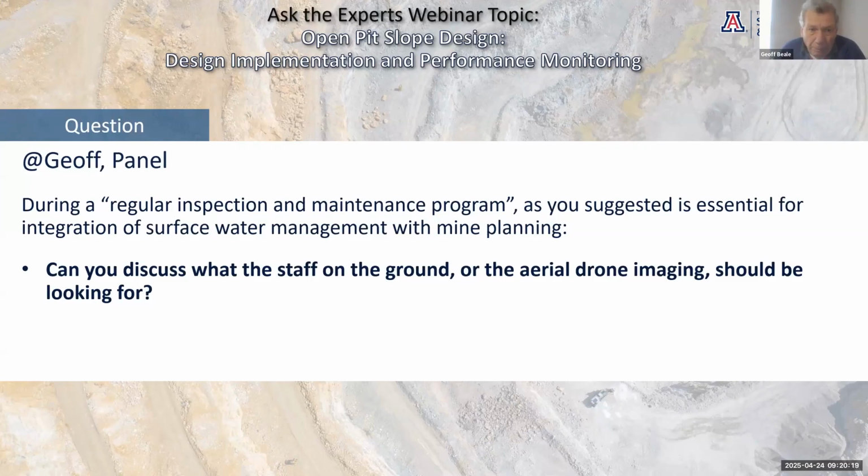One of them has required a bunch of horizontal drains to remediate the issue. Another one I've been recently involved with has created a 32 million ton failure, which can be directly attributed to a leaky tank. So there's no substitute for getting on the ground and looking at the facilities and doing regular inspections. In a wet climate, I would suggest that the geotechnical staff get on the ground at least once a week to all sectors of the pit, in particular in the rainy season, and critically